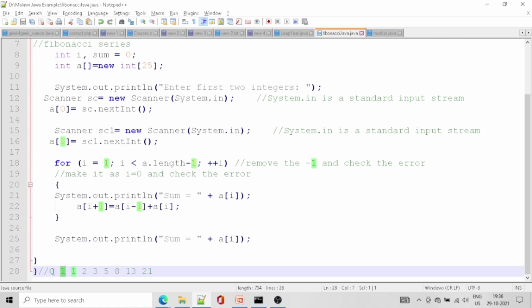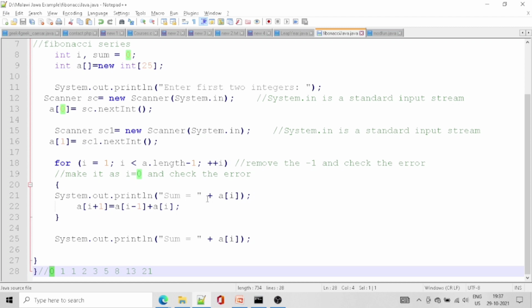If we take this as 0, because we started at 0, and this is 1, the next one will be 2. The increment operator works when the statement is executed.